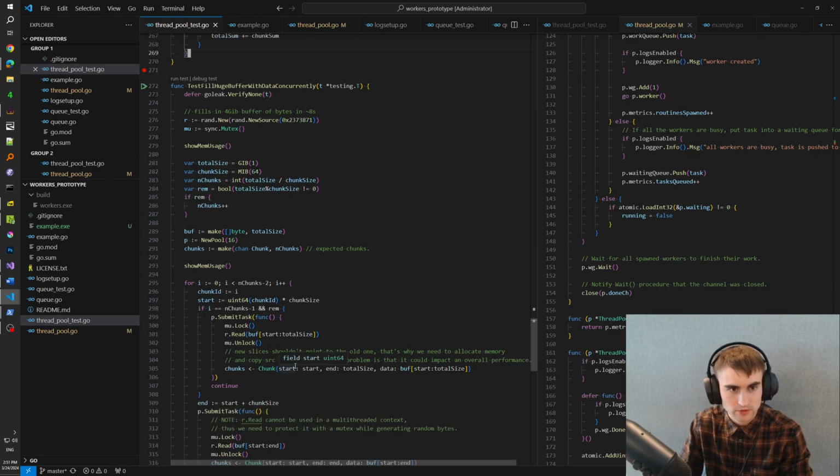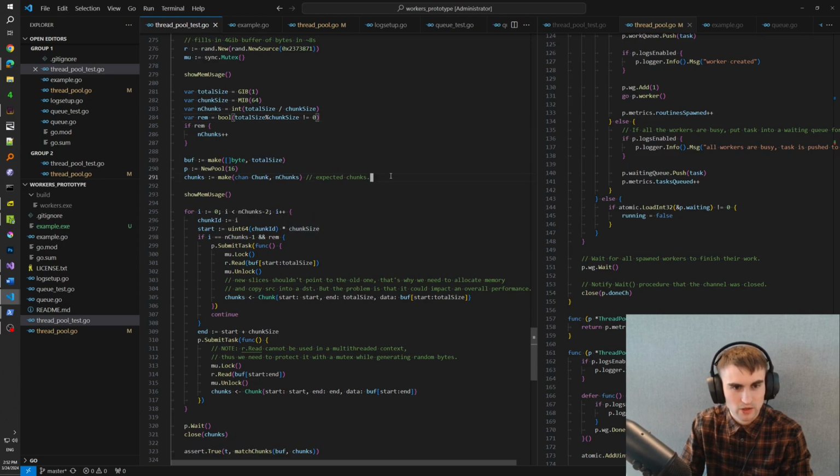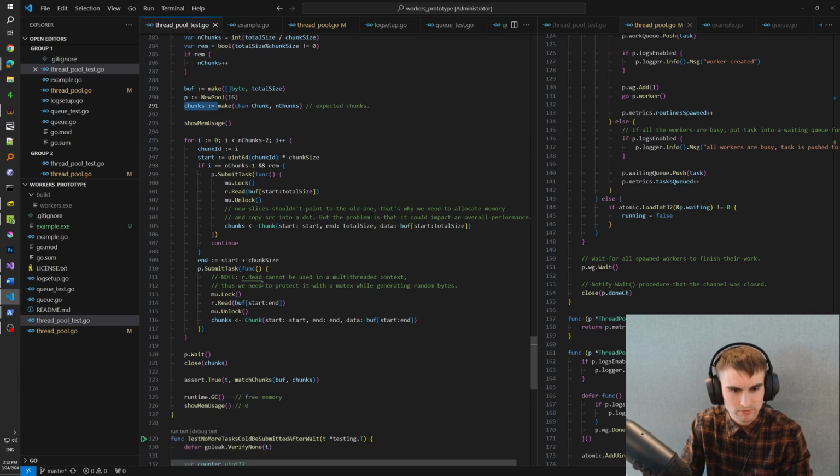Another task that I have here, which is really important to me as well, and especially interesting, is that I allocate a huge byte array, which is 1 gigabyte, but you can replace it with 4 gigabytes. I tested, it works correctly. You fill in the 1 gigabyte of data, or 4 gigabytes of data, with random bytes, chunk by chunk, and you specify the size of a single chunk, and then we compute how many chunks we have, and whether we have a remaining chunk as well. And we send all the results to a channel, and then we verify that